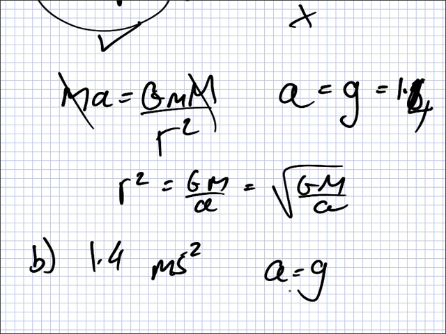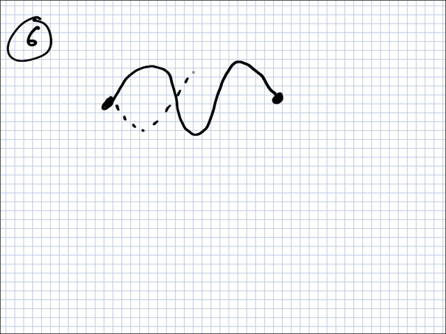Okay, Matt, I think you're next. Is it 6? A stationary wave pattern is formed on a string which is fixed at each end. A. Sketch and label a diagram to show a stationary wave pattern on a string with 2 antinodes. 2 antinodes. Okay. There we go. It has 2 antinodes, one here and one here. Oh no, it doesn't. Sorry, I drew 3 antinodes. There's one in the middle.